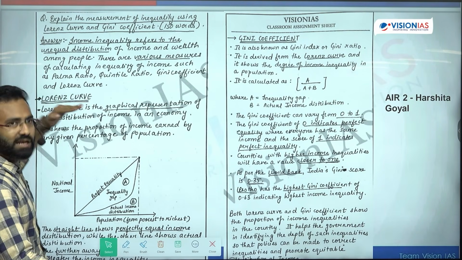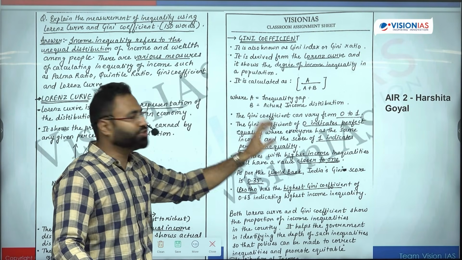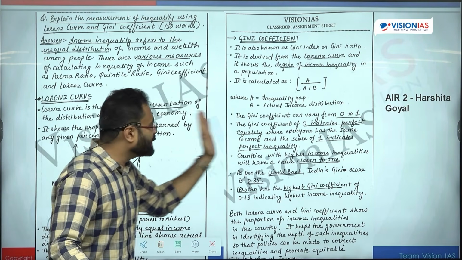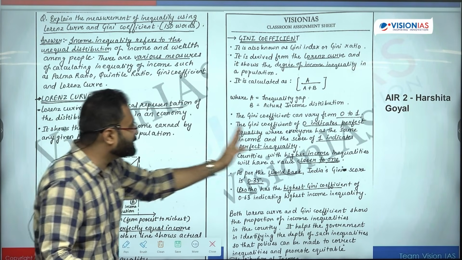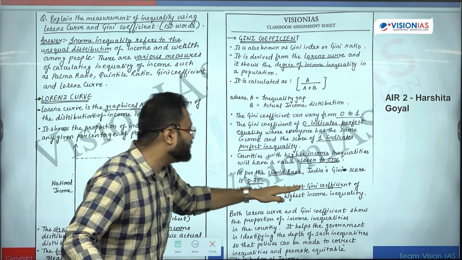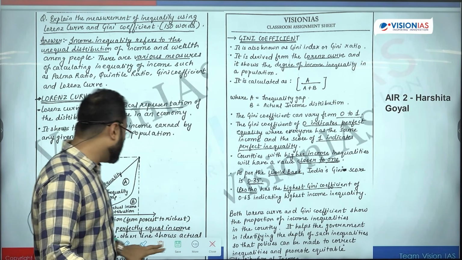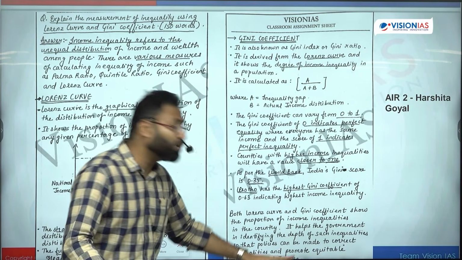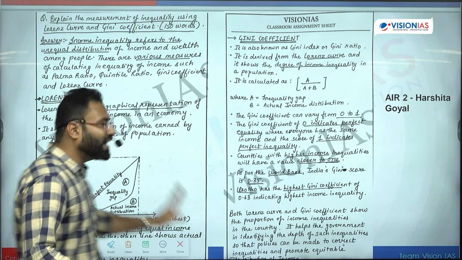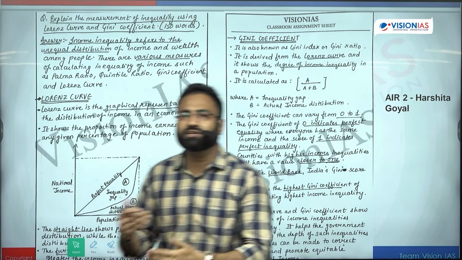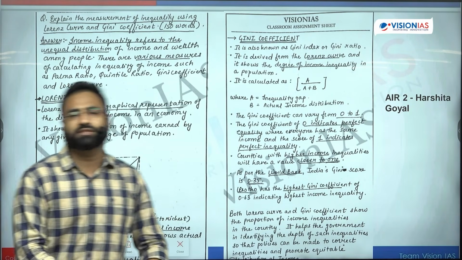First was about the Lorentz curve, second was about the Gini coefficient. She has explained the Gini coefficient, she has written even the equation, she has highlighted, she has also provided the details about that. She has also given certain kind of country specific example like India and also Lesotho's inequality. And then she has talked about how this coefficient or how these particular measures are important to identify certain kind of gaps in the policy making, and also give a way ahead in this particular regard.